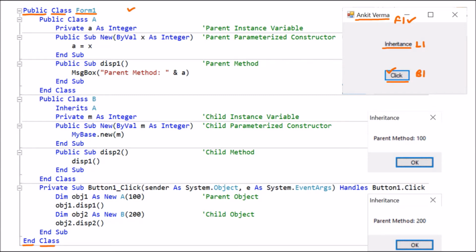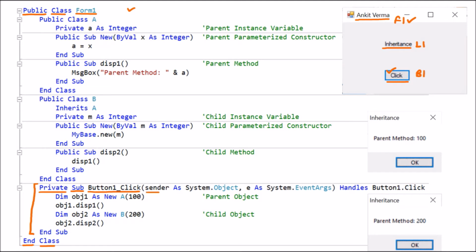Now here one method is also declared which is Button1_Click, because we clicked on the button, that's why this method is created. Sub stands for no return type, Button1_Click. So that is the name of the method. Private, because this method is part of the form, so it cannot be accessed outside. That's why it is private.